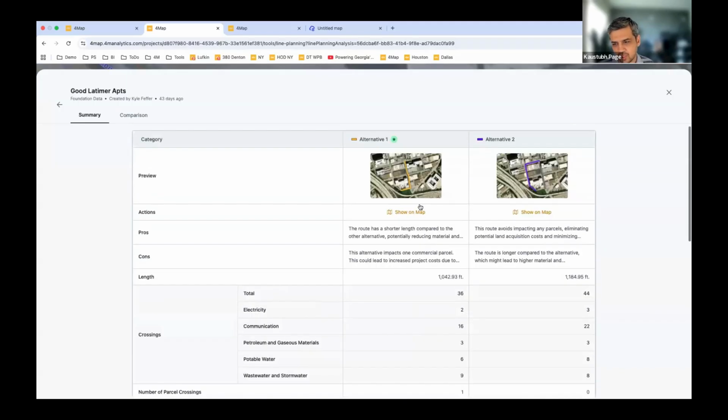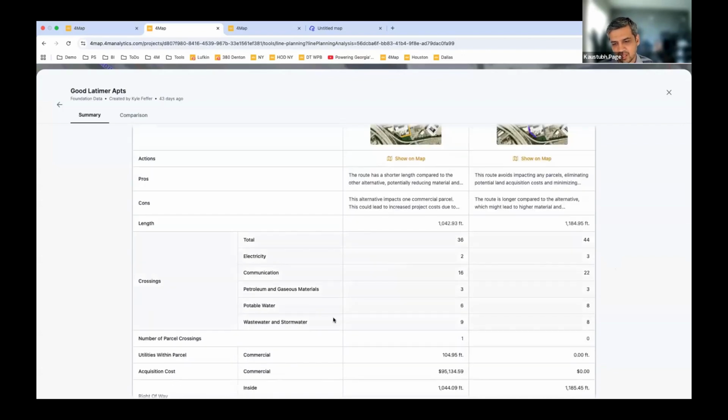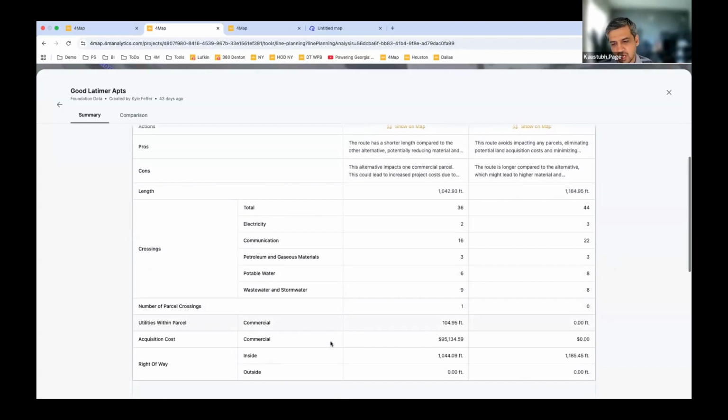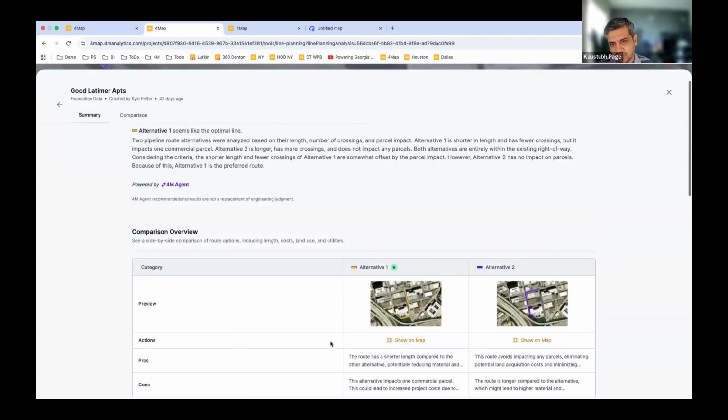So here for line 1, 36 conflicts, 44 conflicts. When I say conflicts, these are crossings, so existing line crossings, how your line is traversing through different types of parcels for easement, how much of it is within the right of way, outside